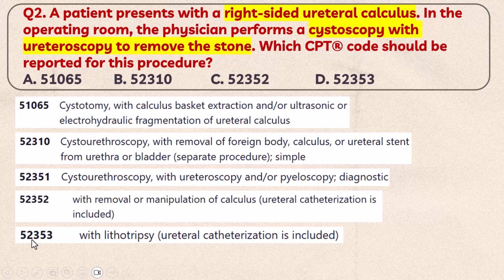When you look at the other answer D, 52353 is with lithotripsy. Here there's no lithotripsy, only the removal. So the correct code will be 52352. That is answer C. So if you encounter this case in a real working scenario, you have to use the